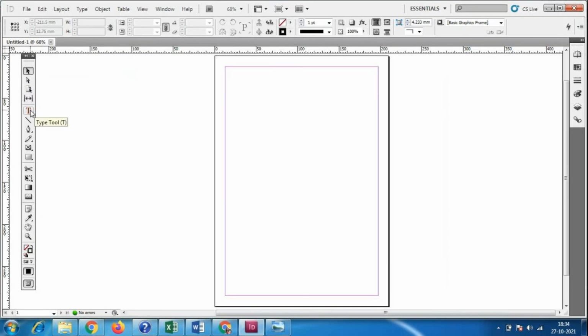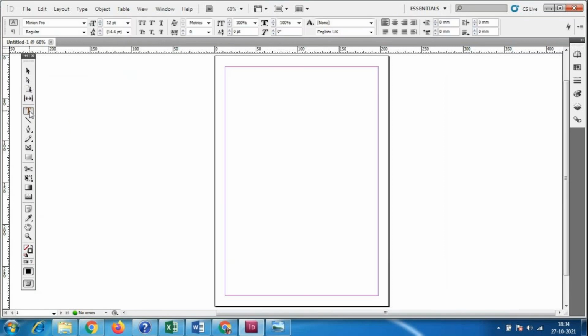Here we have an option called type tool. In this type tool there are two types: the type tool and the type on path tool. Very simple options compared to Photoshop, we don't have multiple options here.